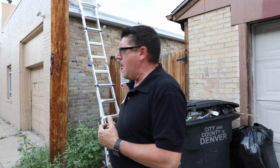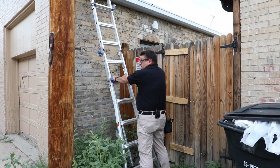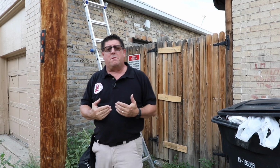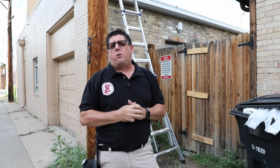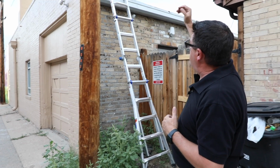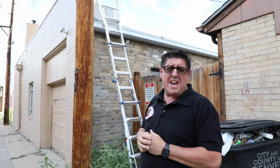When erecting my ladder, I made sure that I've got the right angle. The right angle is my toes touching the bottom of the ladder on the feet, and my arms outstretched. That roughly creates a 71-degree angle, which is our optimal. While I don't want to be, in most cases, more than 2 rungs above the roof line, by going 3,